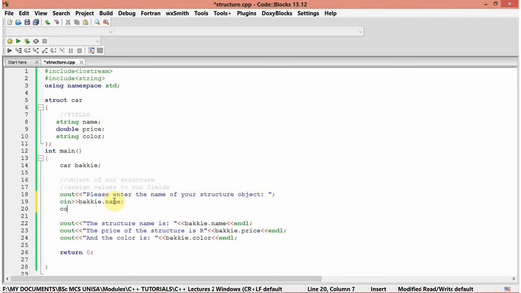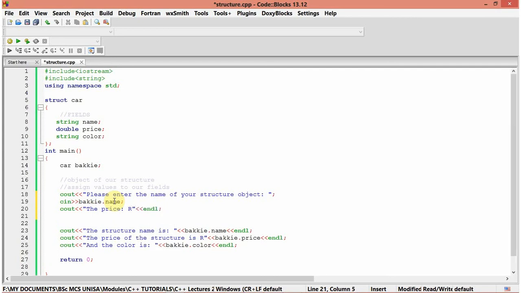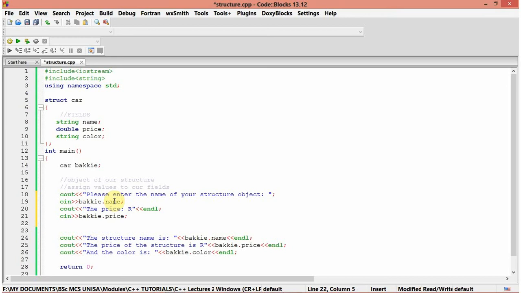Then on the next line, let's also prompt the user to enter the price of it. Let's just say the price. Then below, I suppose you guys know what we need here. The price has to be for the Baki, so Baki dot price. Then again we need the color. I'm going to say cout to the user, please,